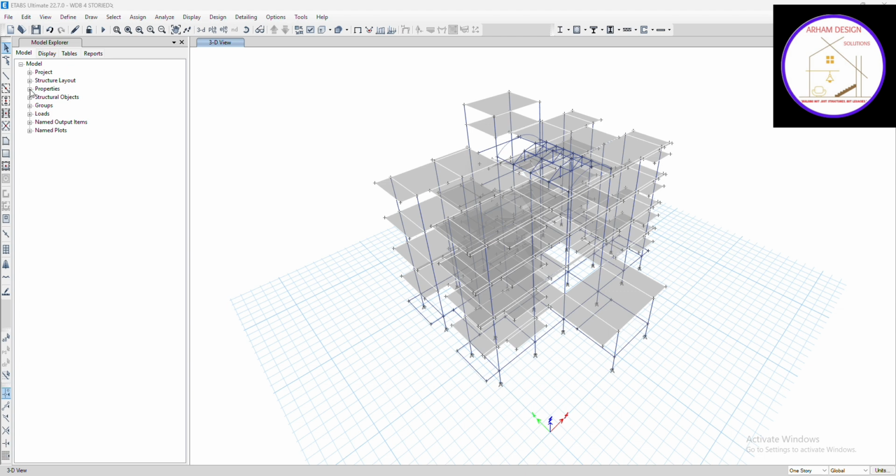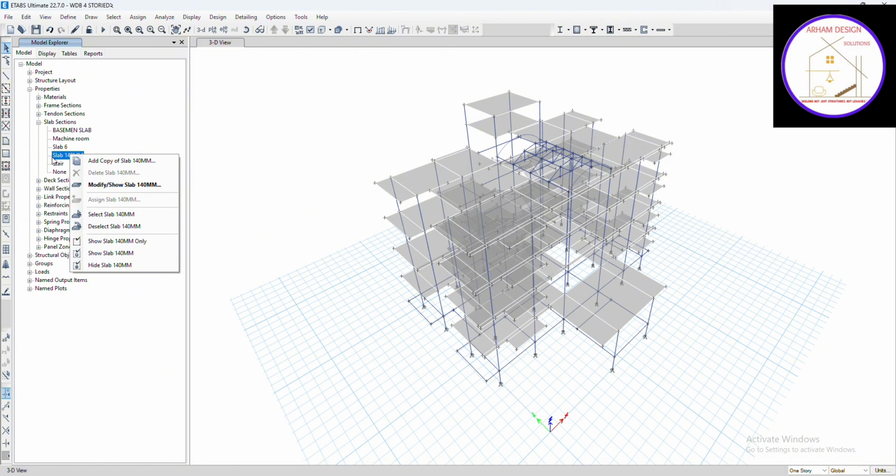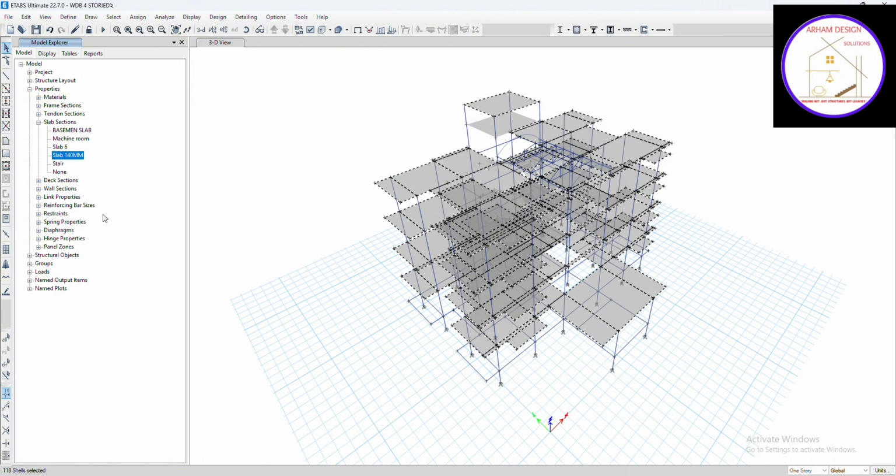First, go to Properties and select Slab. Then right click the mouse and select Slab. After selecting the slab,